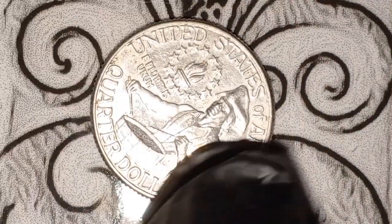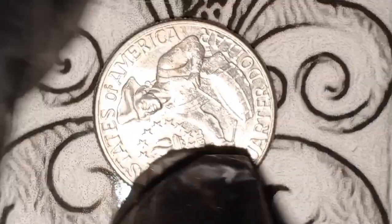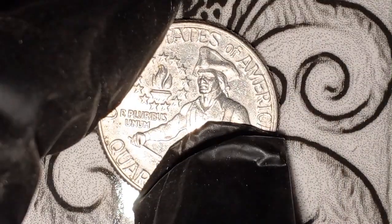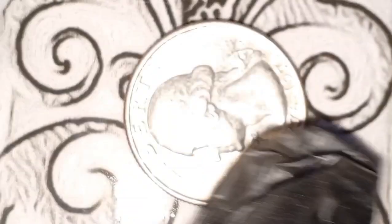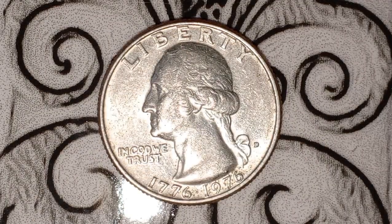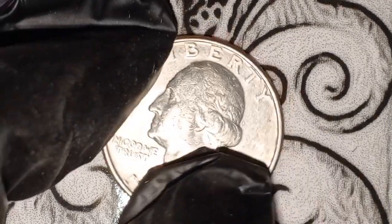1976 marked the 200th anniversary of American independence, and the U.S. Mint produced special bicentennial coins to celebrate this monumental occasion. But there's one particular variety of the 1776 to 1976 D Washington quarter that has collectors buzzing with excitement. And if you happen to have one, you could be sitting on a small fortune. Let's break down the details and uncover how this coin earned its spot in history and why it might be